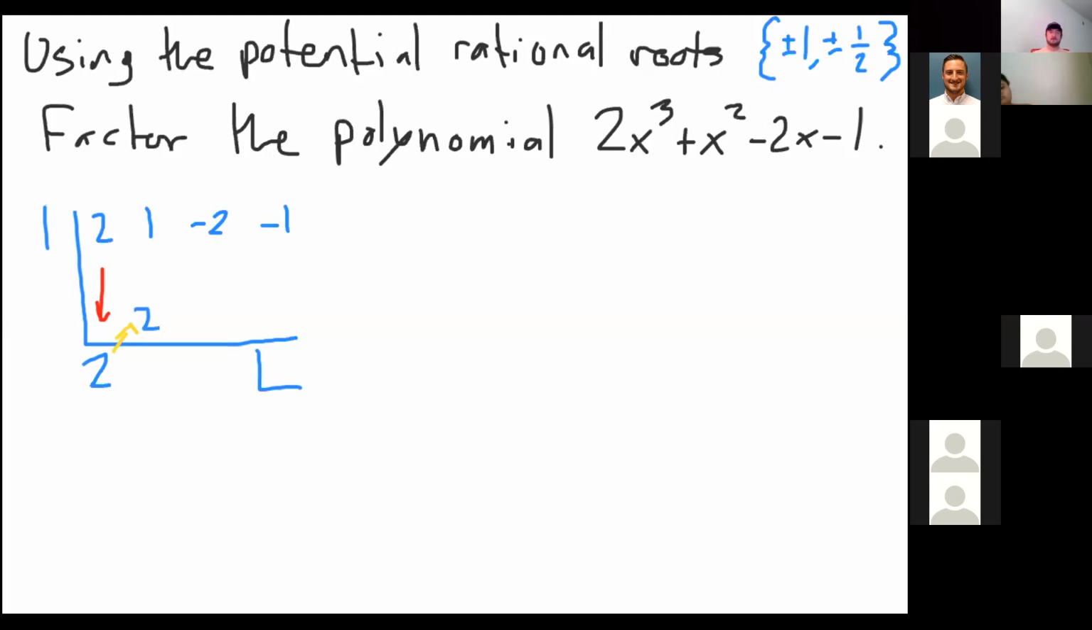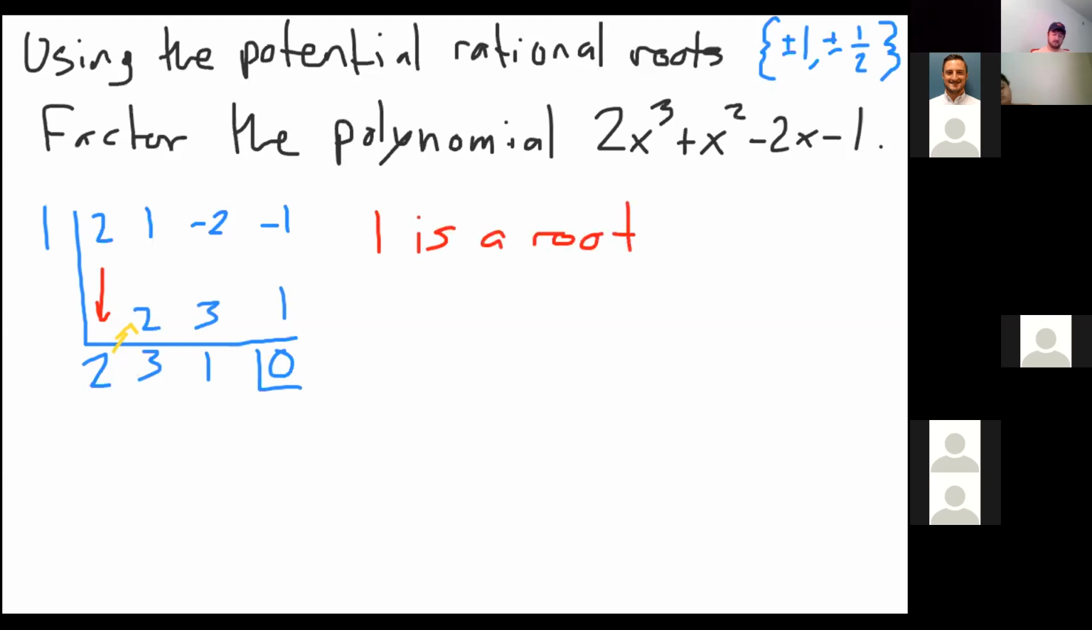So 2 times 1 is 2, and then I add the columns together. 1 plus 2 is 3. I take 3, multiply it by 1, that gives me a 3. Take -2, add it to 3, I get a +1. 1 times 1 is 1, and then -1 plus 1 is 0. So this tells us that